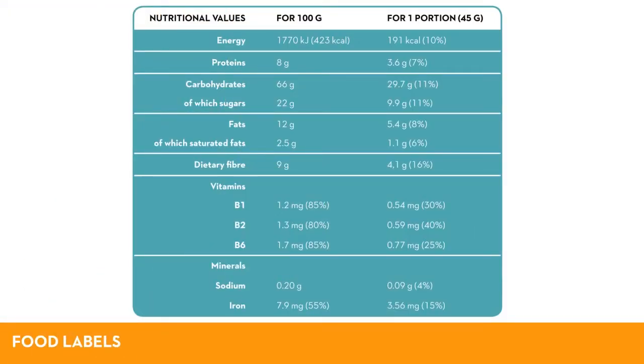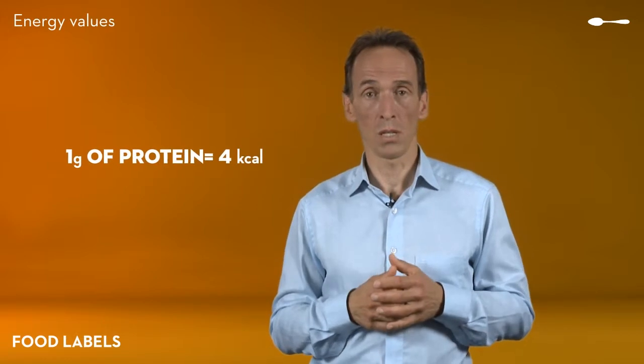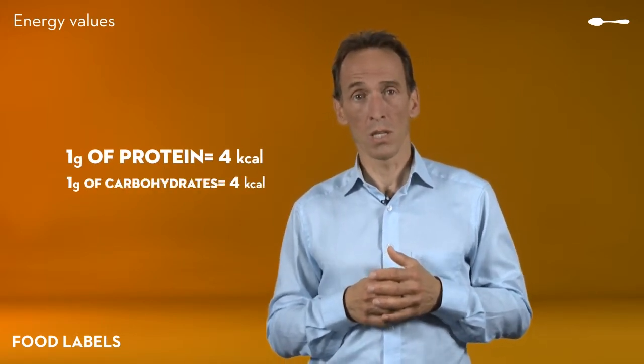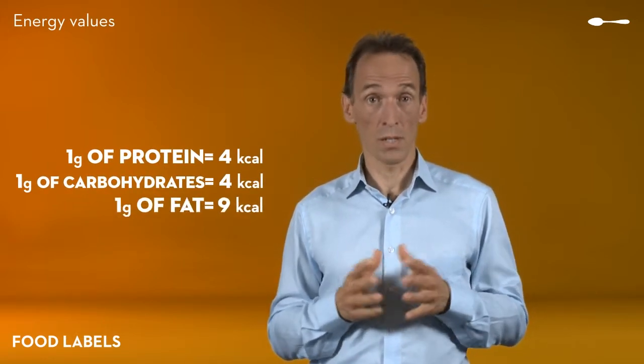We come back to the energy value. This value is expressed in kilojoules and kilocalories. It corresponds to the total energy value of nutrients. If you try to calculate this value based on nutrients, you need to be aware that fat contains the most calories. 1 gram of protein or of carbohydrates is equal to 4 kilocalories, while a gram of fat is equal